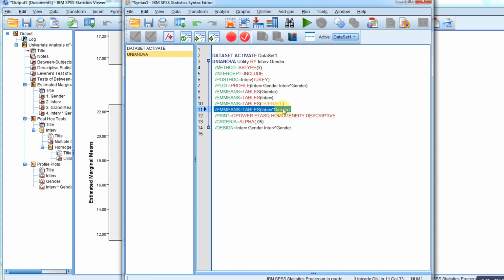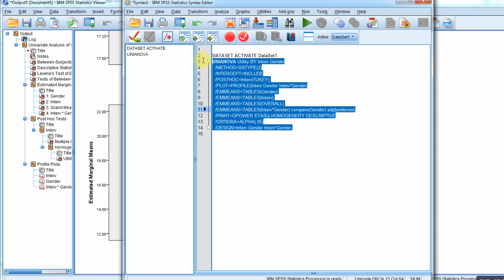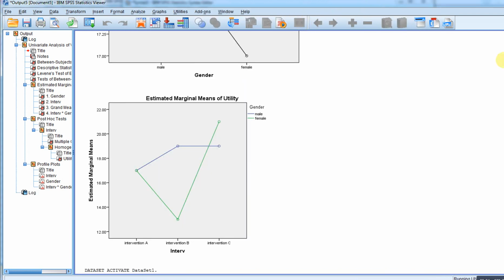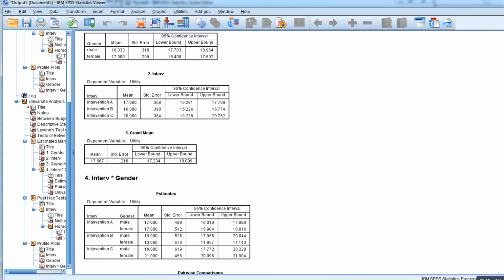And so what I can do in this particular case is say, well, I want to compare males and females in each intervention group. What I can use is the compare command. So I'll say compare, and then I will type in gender, which is the name of my independent variable. And if I want to add in any kind of Bonferroni adjustment, I can just type in ADJ and then Bonferroni, and then in parenthesis. And so now if I highlight everything and run it,